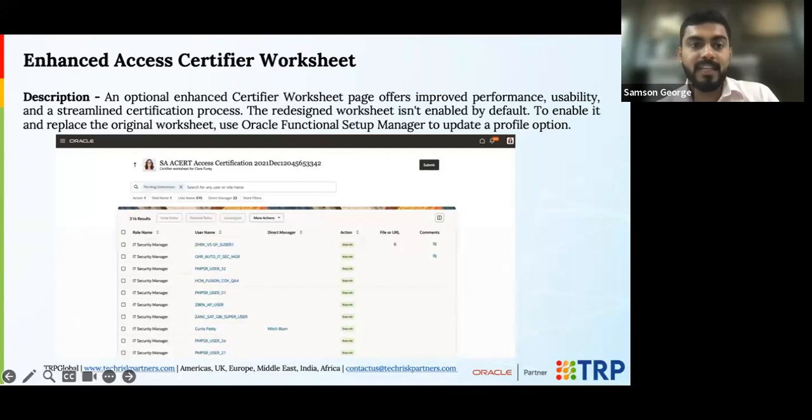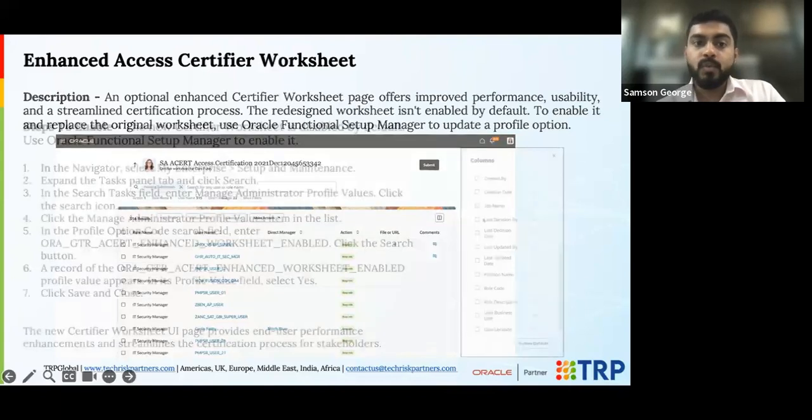So with this new page, you can see as a glimpse, the certification name appears on the top. You get to see who is the certifier, and then the role, which is the catch here, and each username coming up as the people who have certain accesses of that sort. And the certifier can put in the status of either remove the role, let the role continue, or ask for more justification to the line managers, to the business, whomsoever is owning that particular function wherein the certification is being